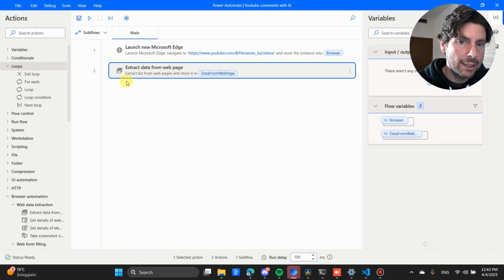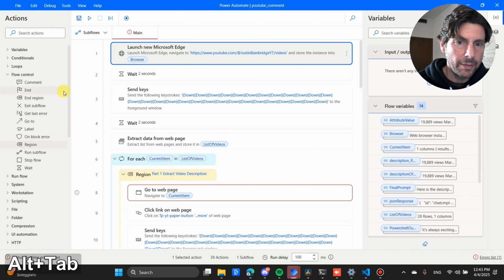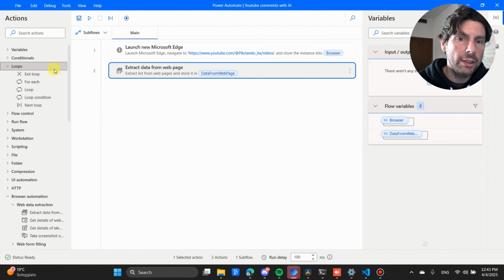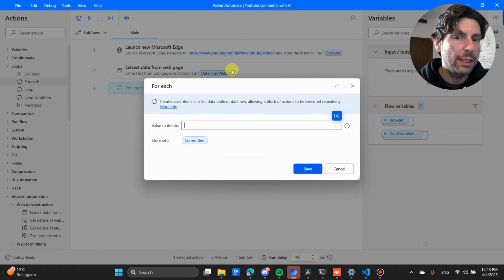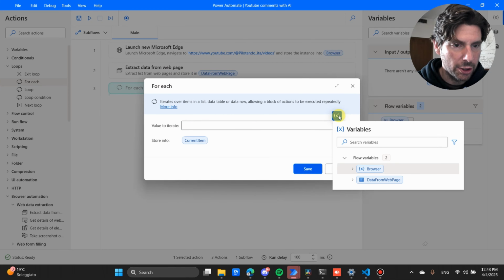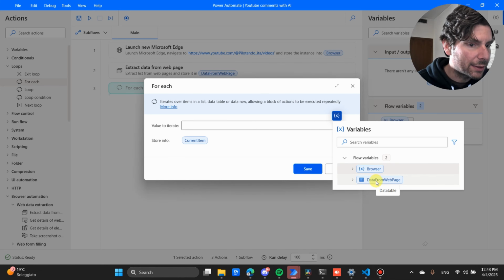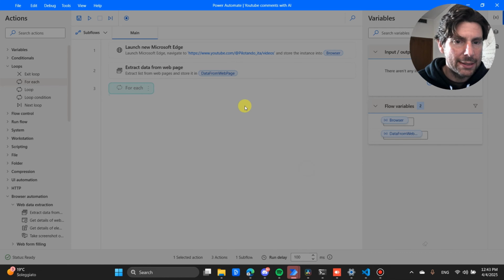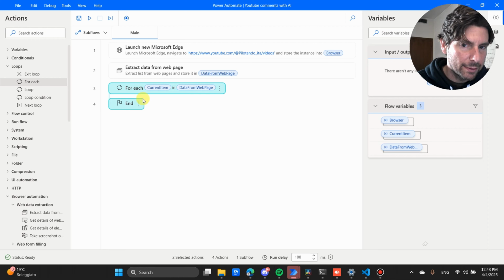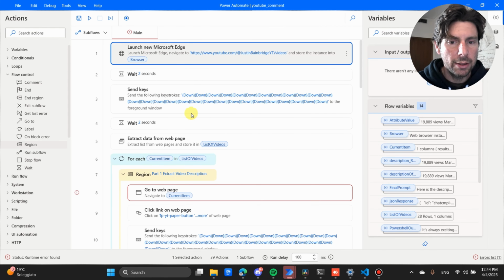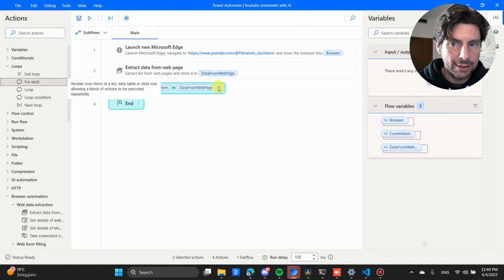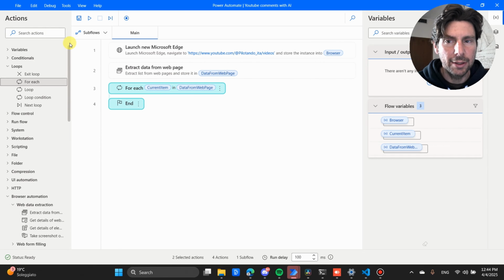Next thing that we're going to do is go to one of these videos. To do that, we are going to create a for each loop that is going to loop over all of the information that is extracted from this page. So we are going to go to data from web page and save. This is going to repeat the actions in this loop the number of times that we have extracted the YouTube links that are stored in this variable. Once we have done this, the next action is going to be to navigate to